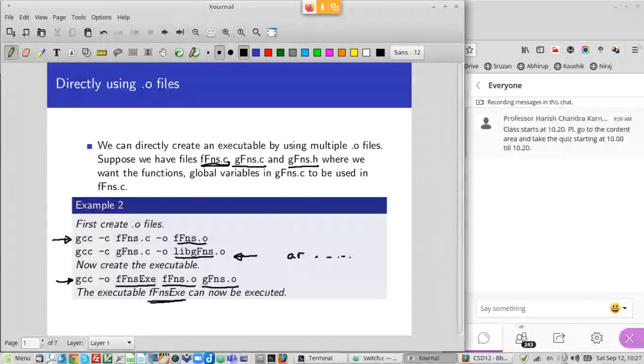So every time you want to create, supposing this gfunctions.o is the library you're looking at, then notice now this standard lib gfunctions.o is what is picked up. Okay, so you can do that instead of putting it in an archive and all those things, right? Directly just give the names of the .o files, they will get linked up and you will get your executable.